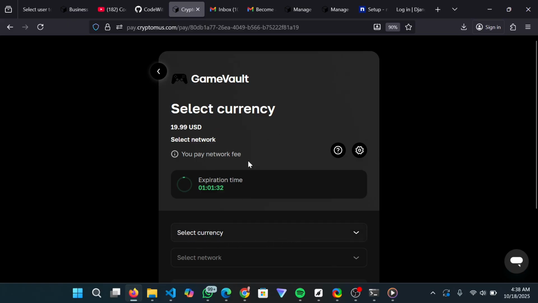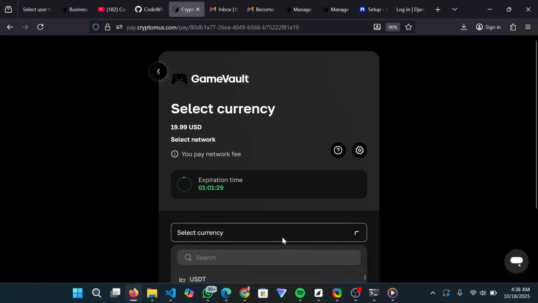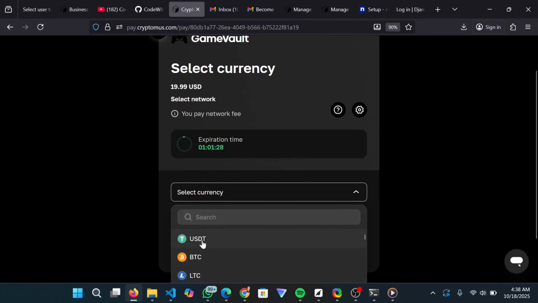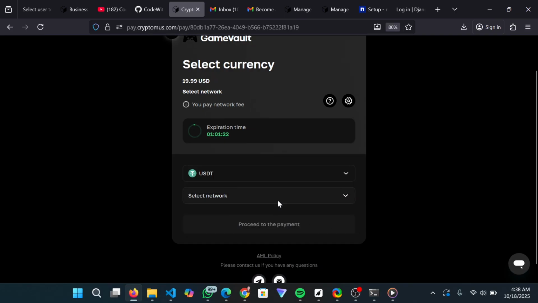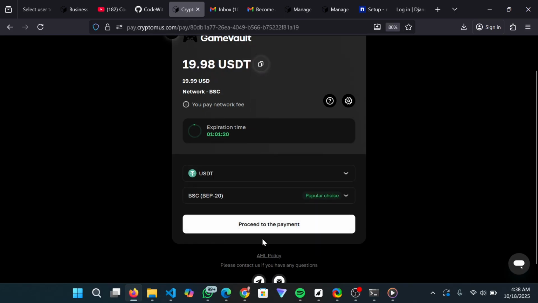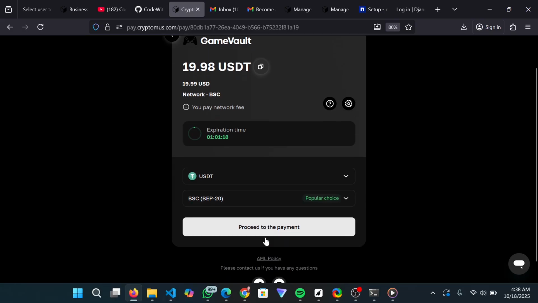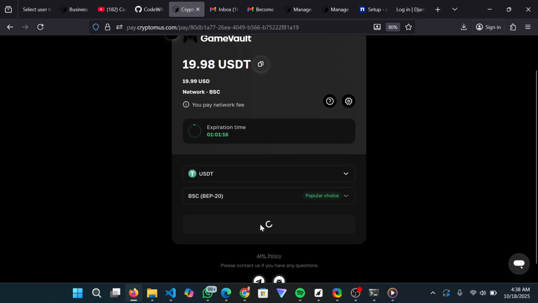So right now we have to pick our currency, USDT of course, and then the network should be BEP20. It is currently the popular choice on the platform. So just pick BEP20 and then proceed to the payments. Click on the button,